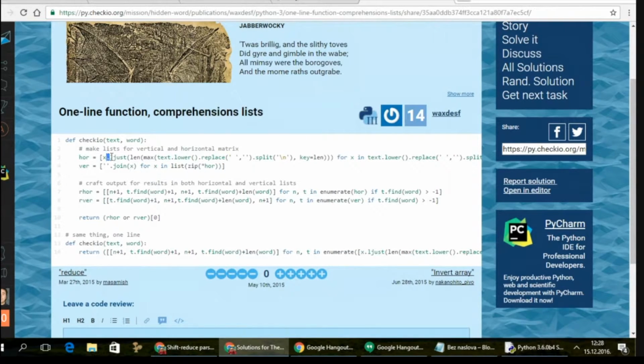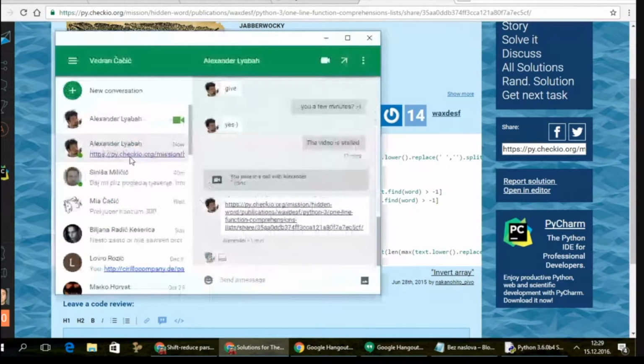Of course, he uses ljust, so he's better than Guido here. Okay, and len of max with key equal to len. So this really shouldn't work like this. Of course, if you want to